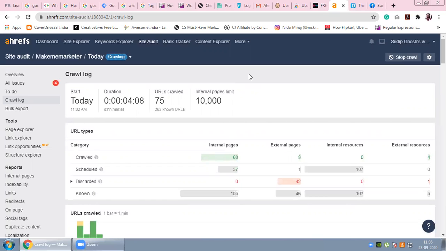Out of 263 URLs, till now 75 URLs have been crawled, now 76. How many internal pages and external pages are getting crawled can also be seen here. Internal pages 73 and external pages 3.